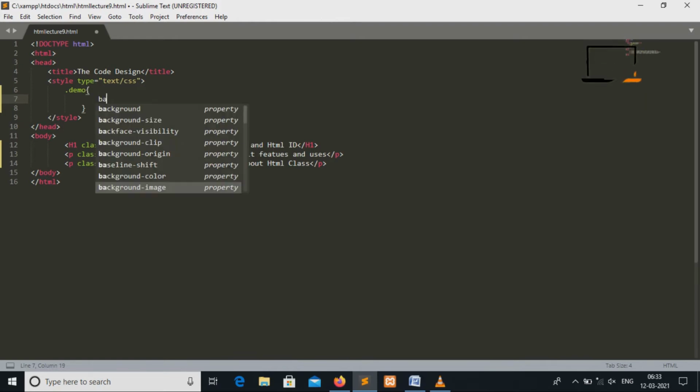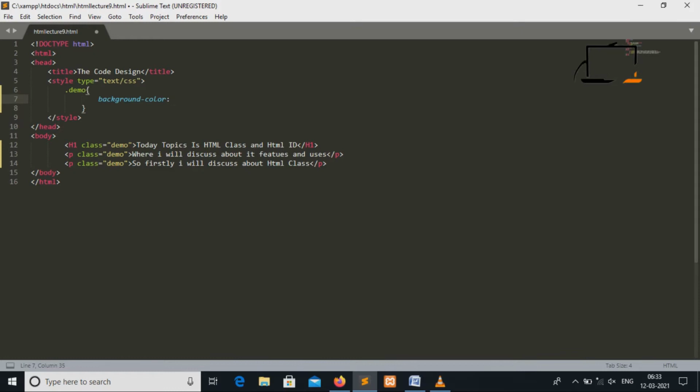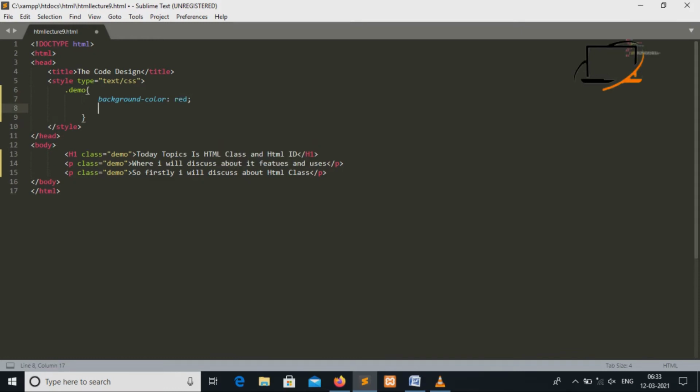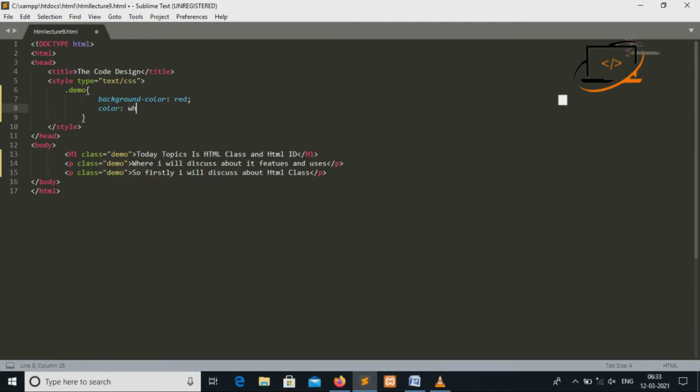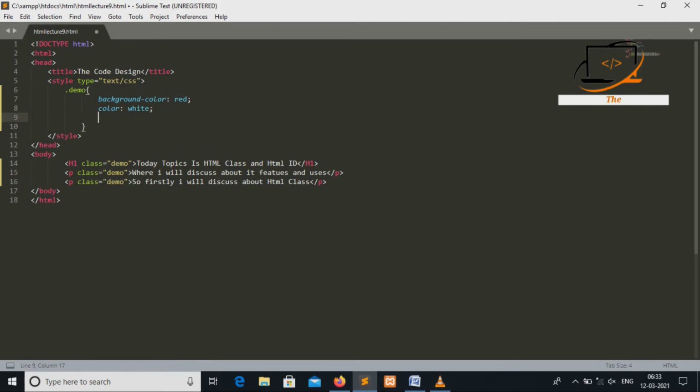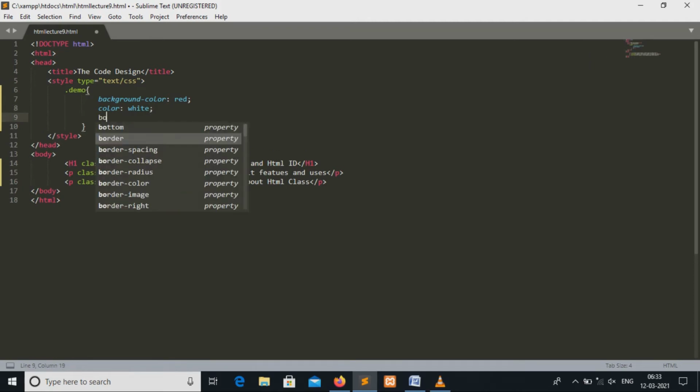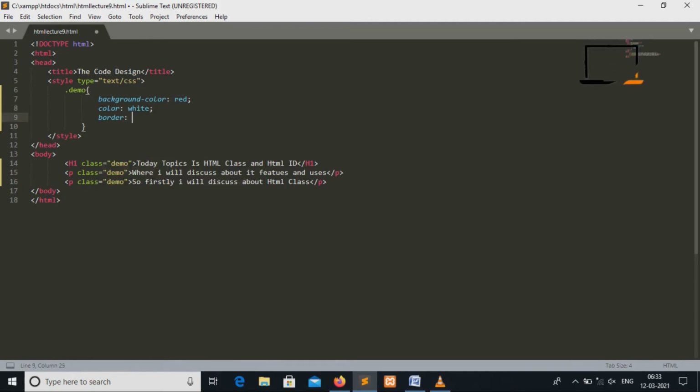I am taking background color red, then color of the font white, then border of the heading or paragraph, 1 pixel solid black. Now save this file and check the output.